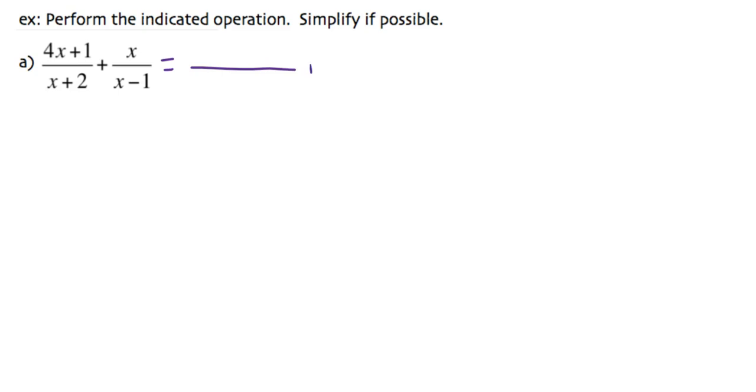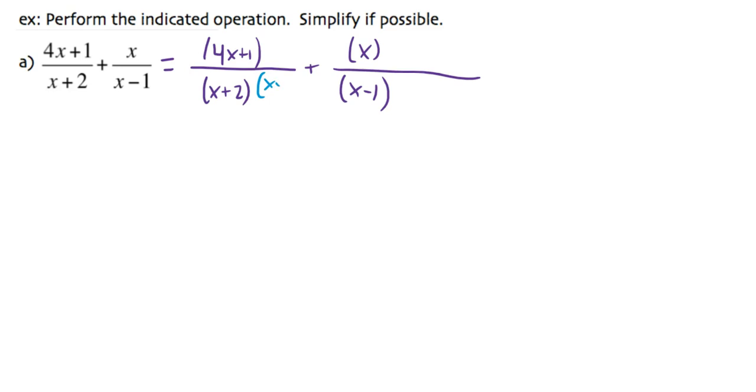This is an adding problem. When I add and subtract fractions or rational expressions, I need a common denominator. I make a common denominator by looking at what's in one and not in the other. So in this case, there's an x minus 1 in the second denominator, so I better put it in the first denominator. There's an x plus 2 in the first denominator, so I better put it in the second denominator. And I end up with